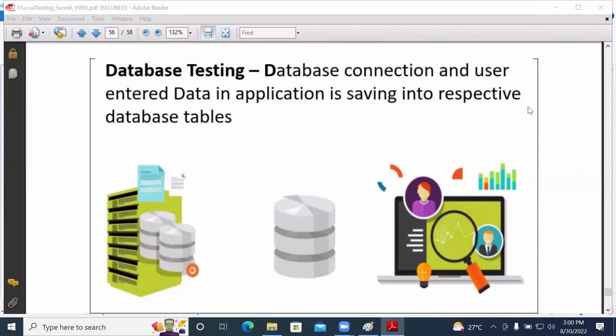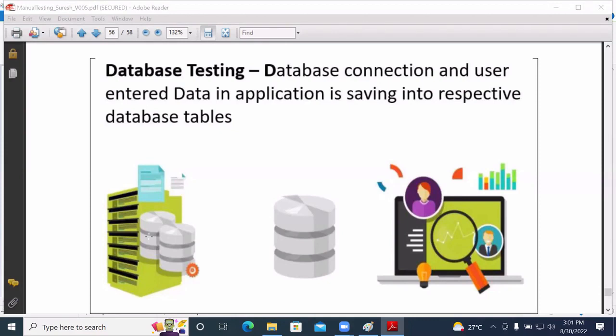As part of database testing, you need to take care of the data you entered in the browser or application, and check whether it has been saved in a proper table or not. That is database testing. So how can we confirm that the data has been saved or not?